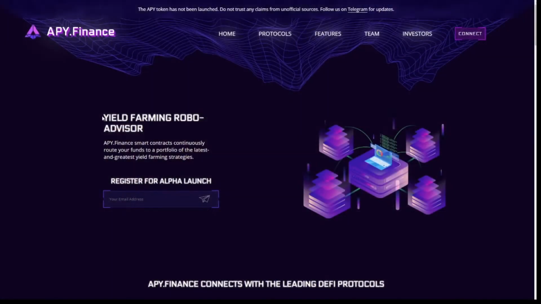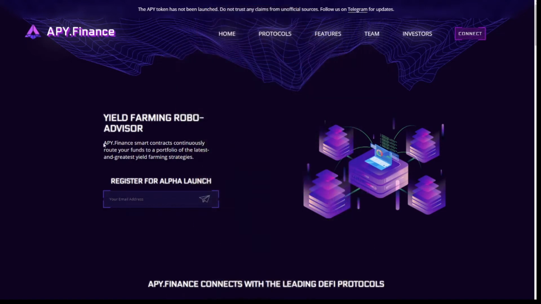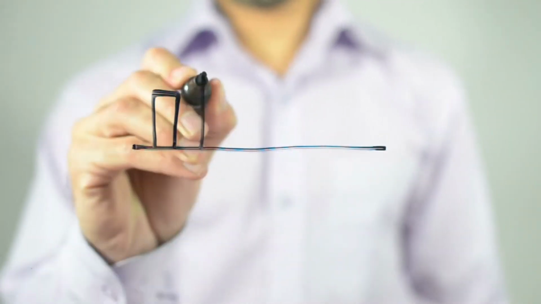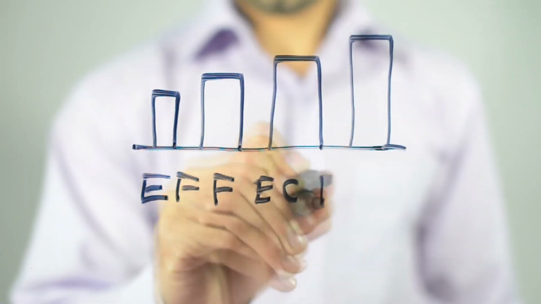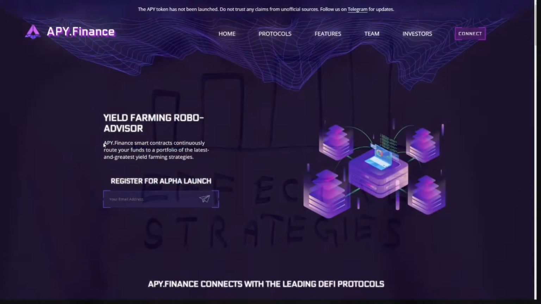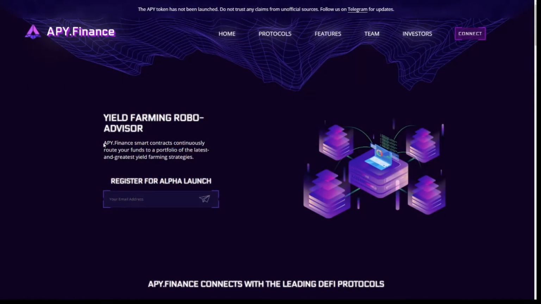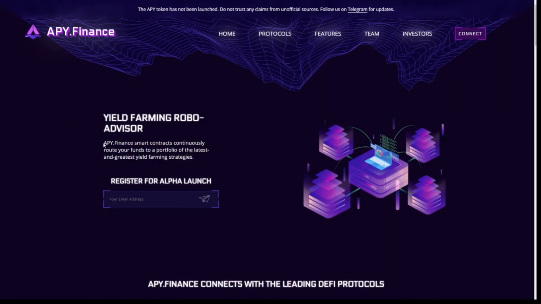So first of all, as stated on the website, it is a yield farming robot. The fun and interesting thing about the project is that different strategies will be implemented automatically, and depending on the success and on the risk, the funds will be assigned. All of this will be decentralized and people will be able to vote on new strategies, and other old strategies that don't work will automatically lose their funding.